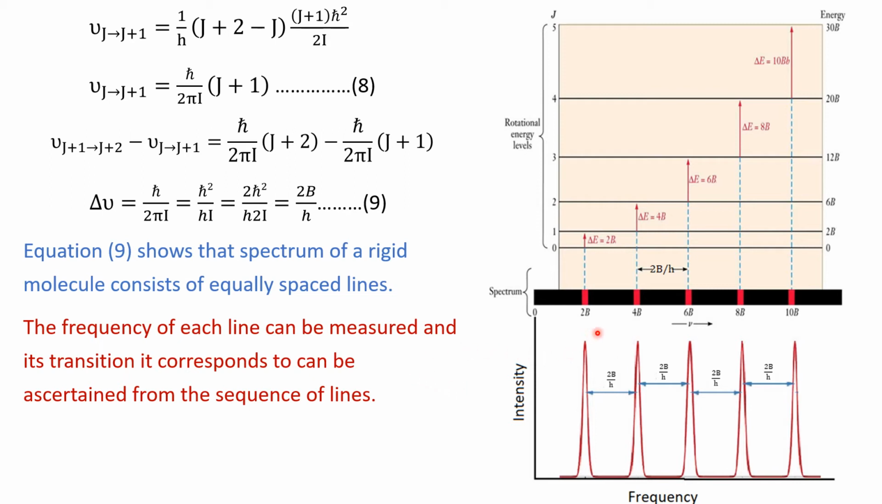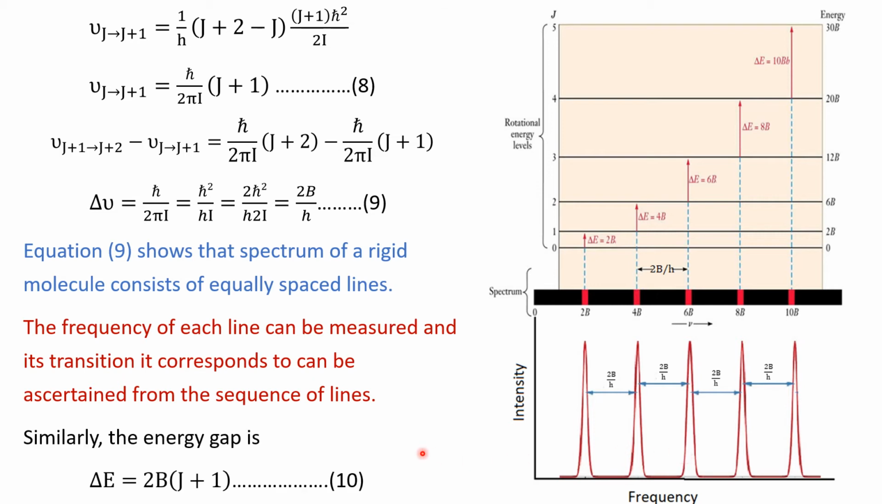And here we can find the frequency. For example, the first is the transition from J equal to 0 to J equal to 1. The second one is due to transition from J equal to 1 to J equal to 2. The third one is from J equal to 2 to J equal to 3, and so on. So the frequency spectrum of the rigid molecule consists of equally spaced lines, and the frequency of each line can be measured, and the transition it corresponds to can be ascertained from the sequence of the lines. So this is from 0 to 1, this is from 1 to 2, this is from 2 to 3,